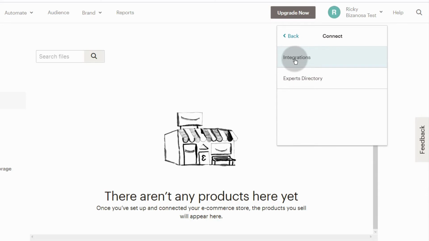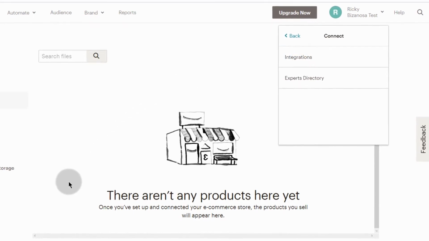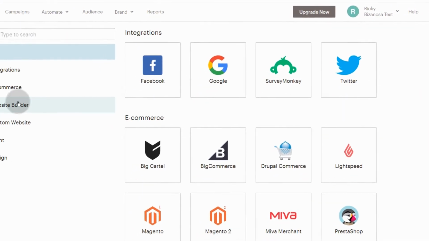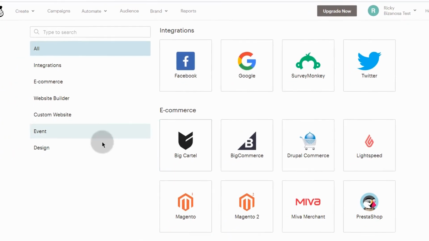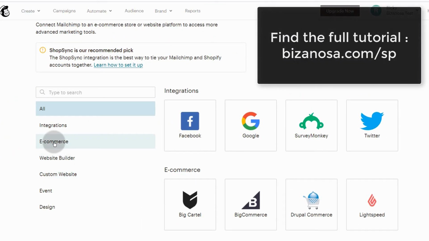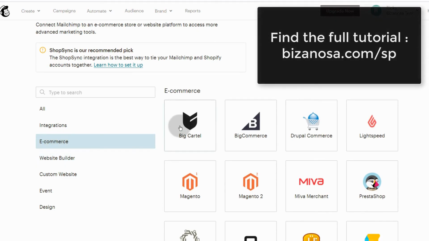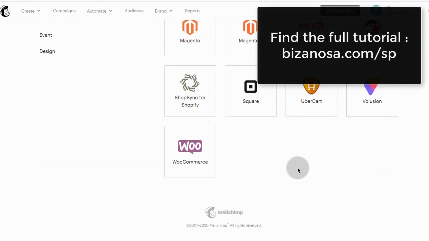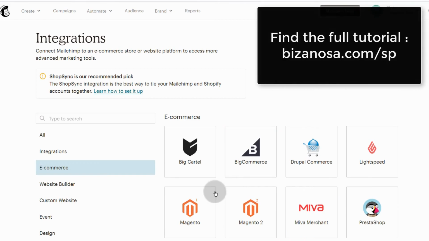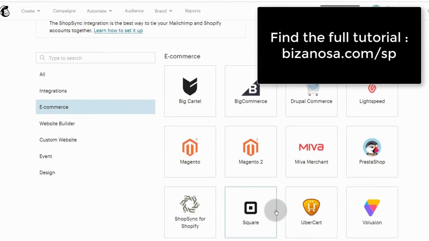Here under integrations, you can see all these things that you can integrate. So let's do e-commerce. You can integrate all these different platforms. So if your store is made using any of these platforms, you can integrate it.